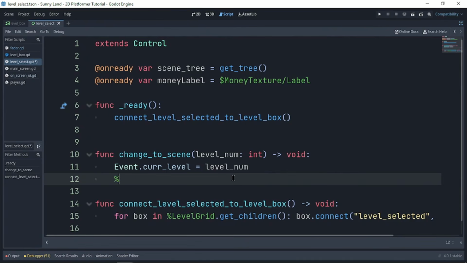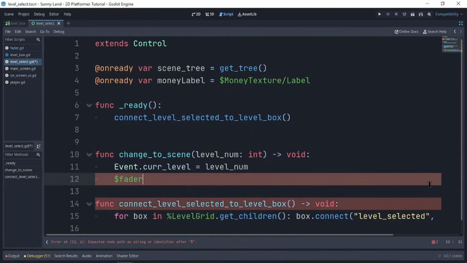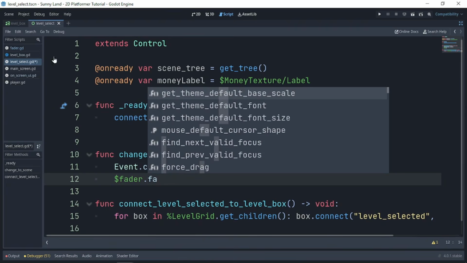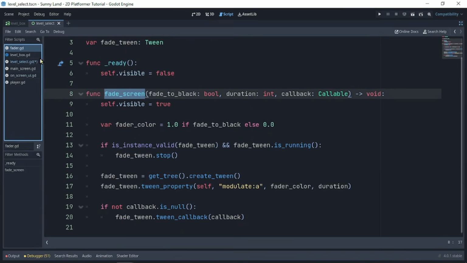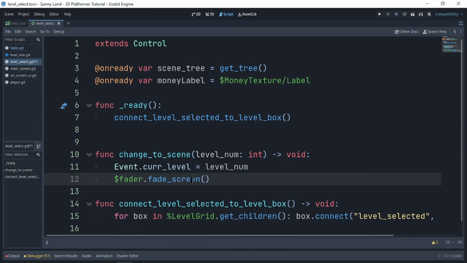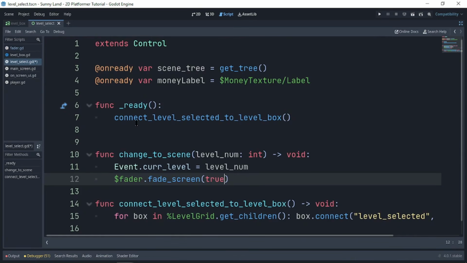I'm going to say fader dot, I think the method is fade screen to fader, and we'll call the fade screen method. The first argument is fade to black, yes, we'll pass through duration, let's say 1.0, and